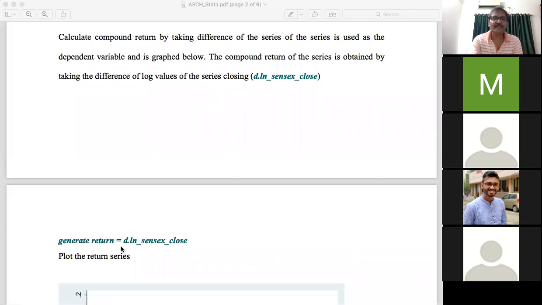Return is equal to D.ln_sensex_close. D. means the first difference of the log values of the closing Sensex. And again, look at your data browser. Another column is generated at the end.